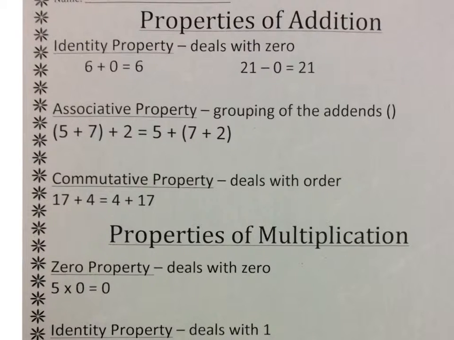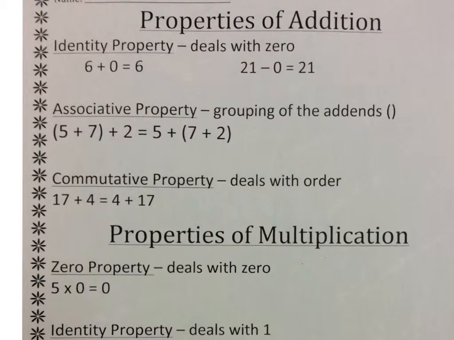In this video, I will be explaining properties of addition and properties of multiplication. These rules you use all the time. You just probably either haven't ever learned or don't remember the names of what they really technically are. So we're going to start with the identity property, and this is going to deal with 0 when we're talking